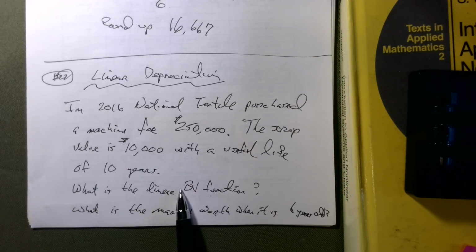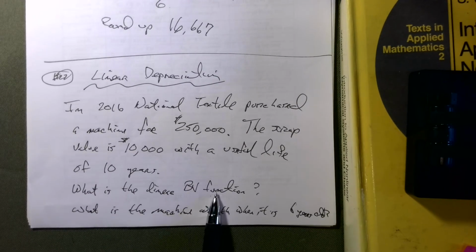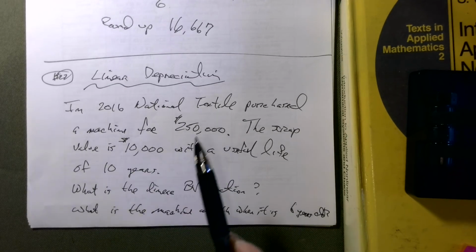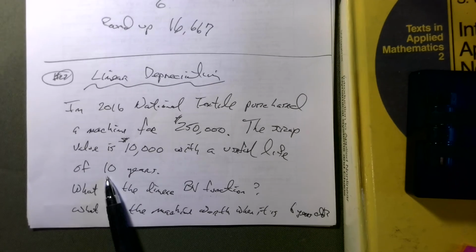And so what we want to find is the book value function, which is going to be a linear function. And then we want to answer a question like, well, what's its value worth when it's 6 years old? So I want you to notice something. We have two types of things going on here. We have money and we have time. This is key,